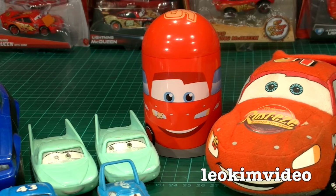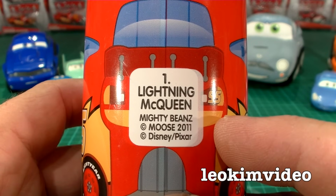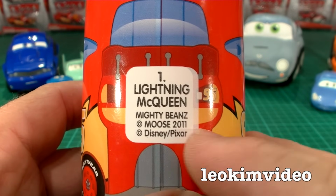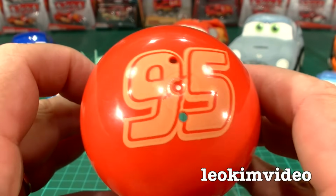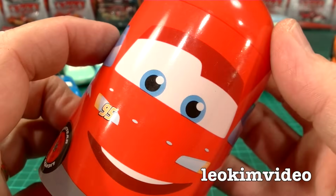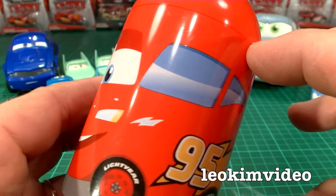Next will be that funny looking bean and that camera. Well, this here is Lightning McQueen Mighty Bean. It's 2011. Disney Pixar Moose Toys. It's got 95 on the top there. It's very nicely detailed. The fact it's weird is because you've got Lightning McQueen, who has been splayed out onto